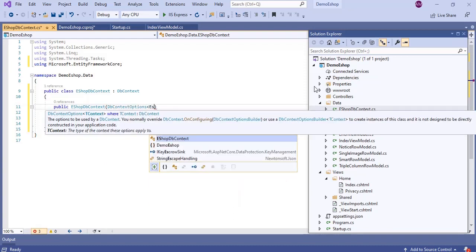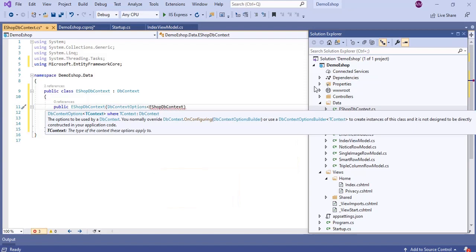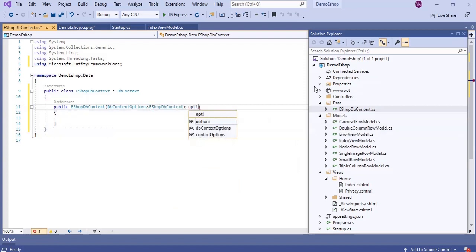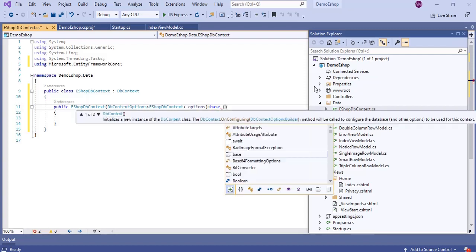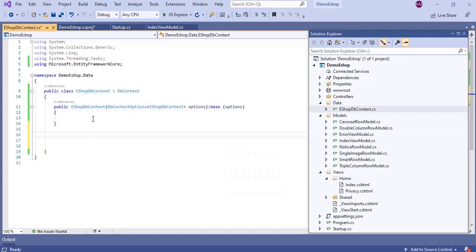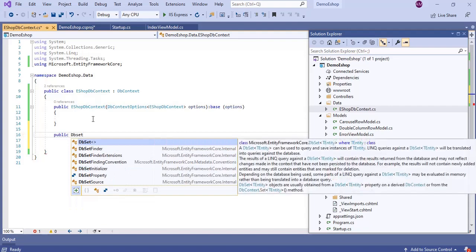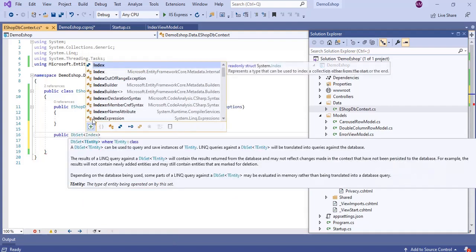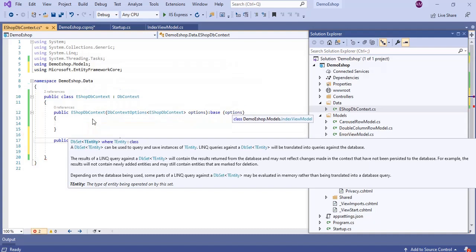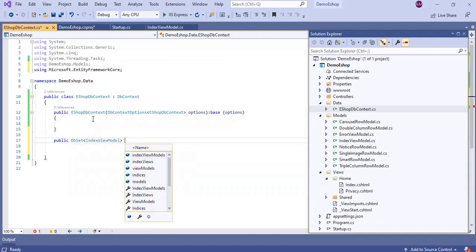Then we need to pass the type, eShop DB context. Then we'll put the variable name as options. Then this is a base class constructor, base of options. Let's add the index view model, and we'll tell EF core to save this in a table named home pages.